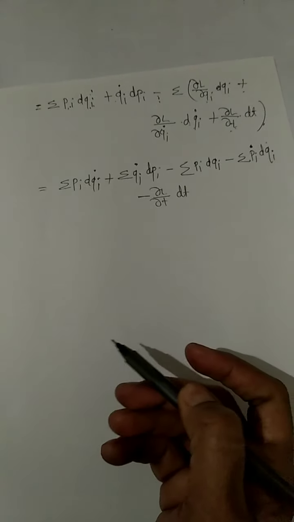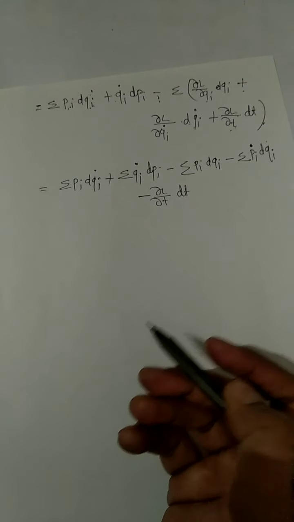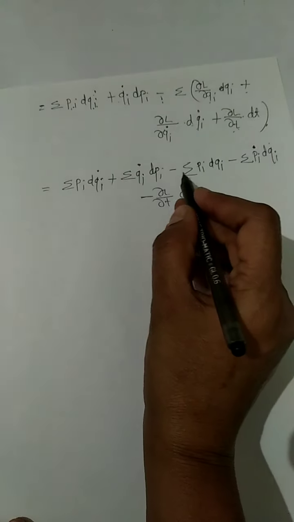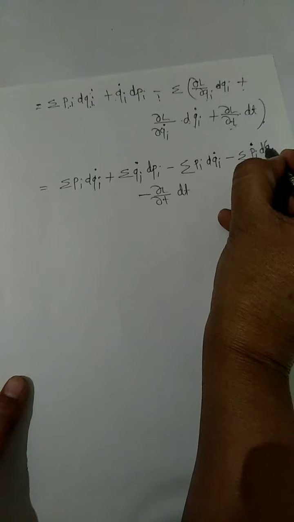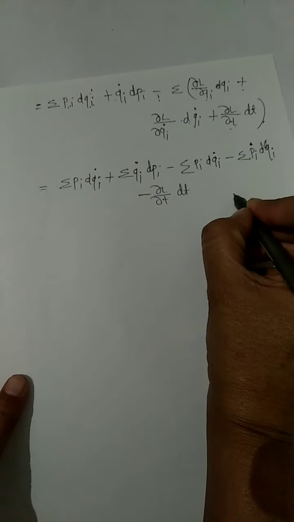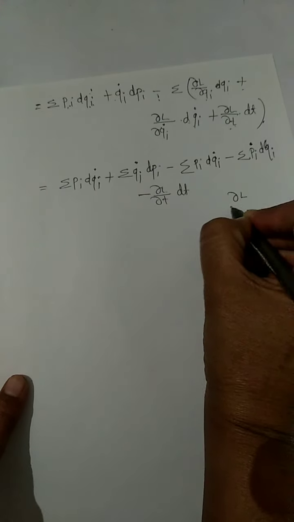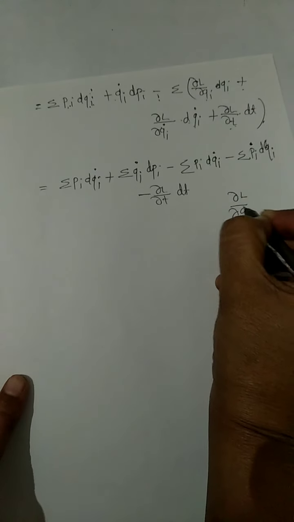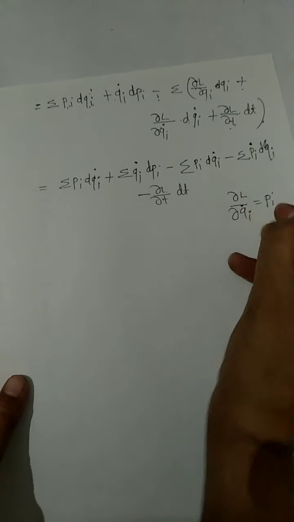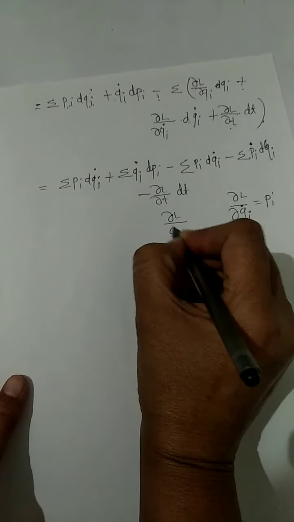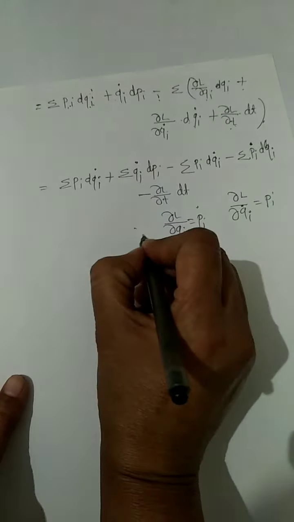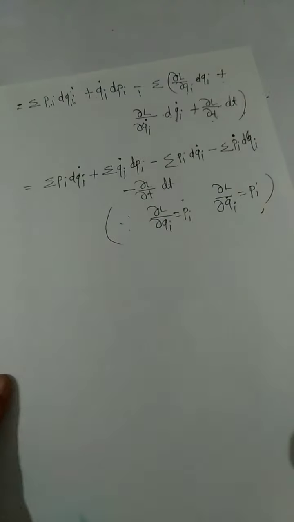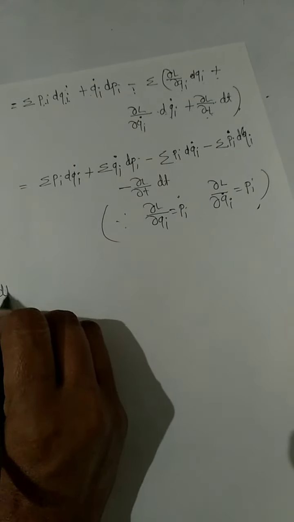Here del L upon del Qi is equal to Pi dot and here del L upon del Qi dot is equal to Pi and del L upon del Qi is equal to Pi dot. These are given, and then dH is equal to